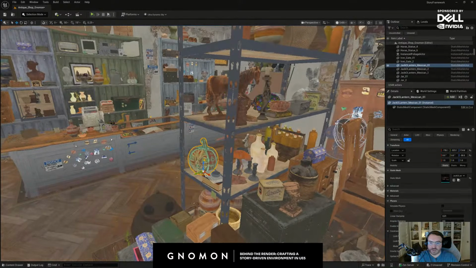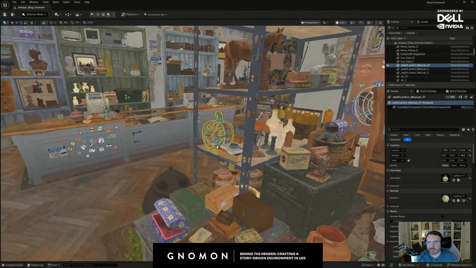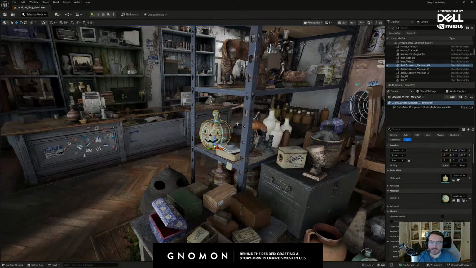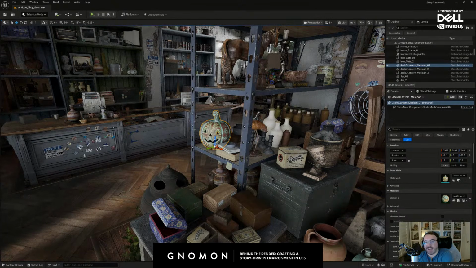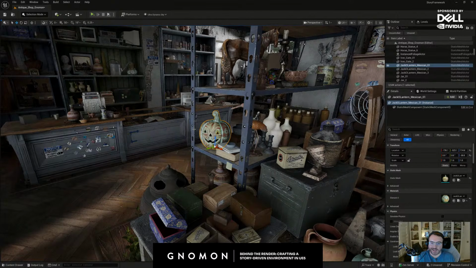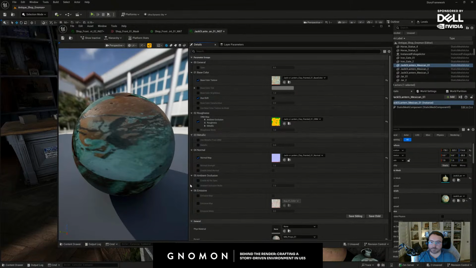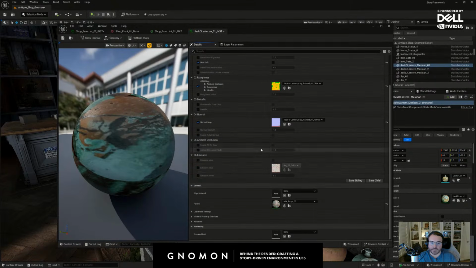So for the props, I basically did a similar approach with keeping it organized. At least from the props that I created, for the asset packs, I didn't really go through the trouble of converting all of the assets to my master material, because that's a lot of work. But mainly for the props, I'm using one master material, and